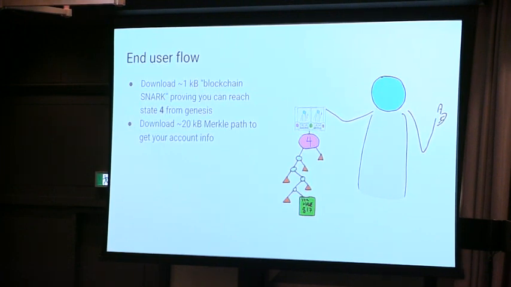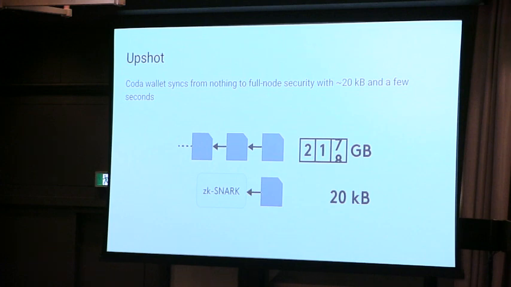At the bottom, they can see in this Merkle path, I have $17, for example. That's cool. What's the upshot? Well, for the end user, you basically sync from nothing to full node security with around 20 kilobytes and just a few seconds. This is in contrast to the typical verification mechanism for cryptocurrency.